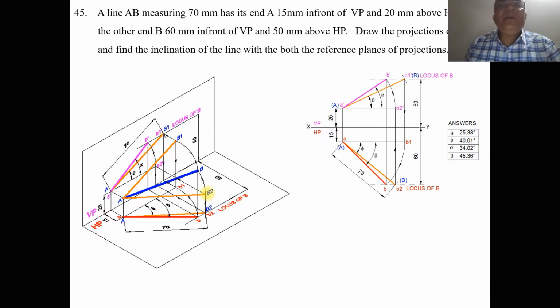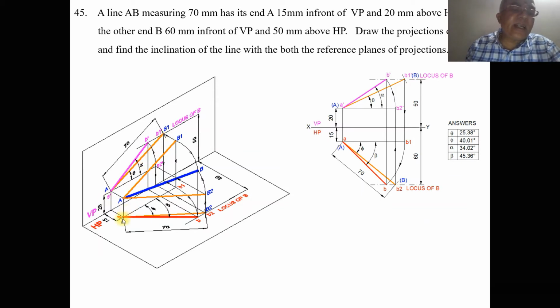Now we need to get the front view and top view and its inclinations. First we are going to consider the front view true length. Which is the front view true length? Capital A B1. When you draw the top view for this, you will get small AB1 here. This is the line which is in true length. In other words, if I take the front view line which is in true length, obviously that line should be parallel to XY in the top view. We can see end A is 15 mm in front of VP and B1 is also 15 mm in front of VP. Therefore, AB1 is the one which is parallel to VP. Since AB1 is parallel to VP, therefore A dash B1 dash is in true length.